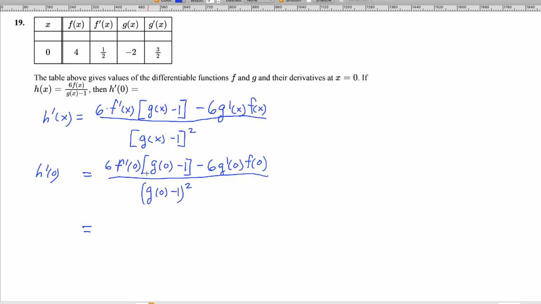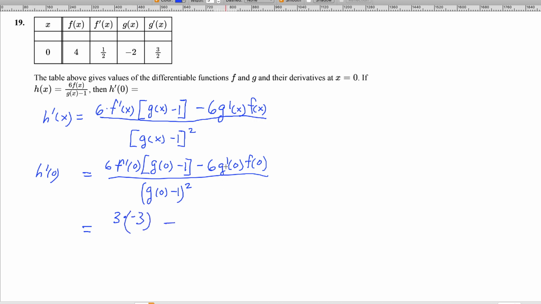And now you use the table. So now I have that f prime of x when x is 0 is going to be a half, and then a half times 6 is 3, times g of 0, just g of 0, is negative 2, minus 1 is negative 3,